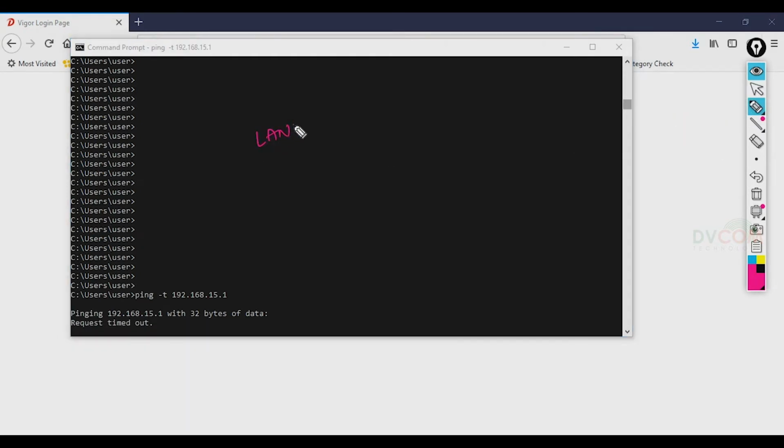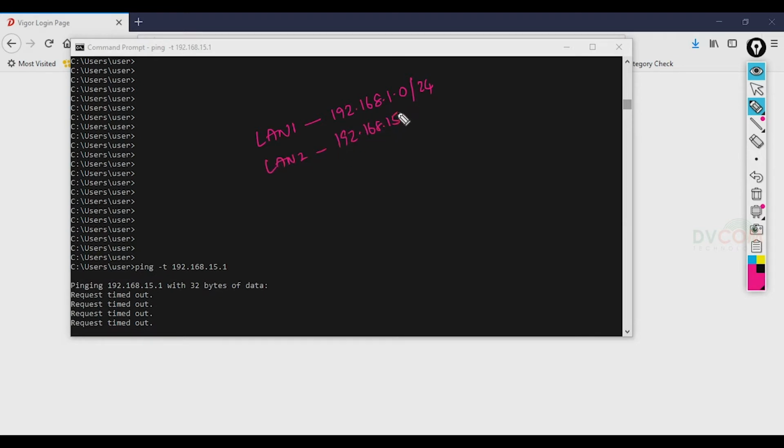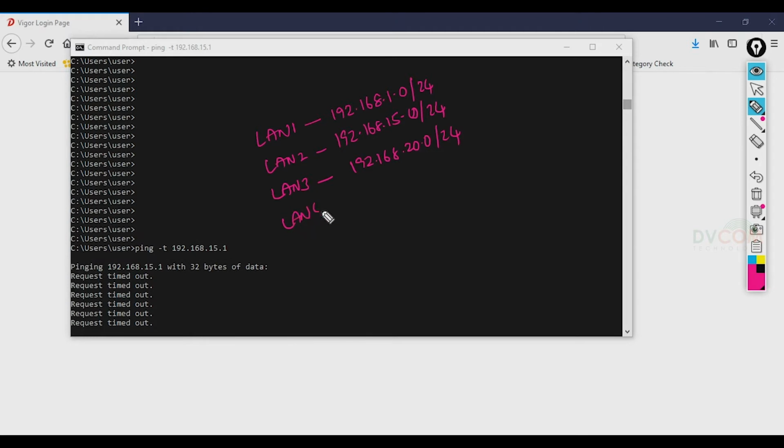The LAN 1 subnet we configured by default is 192.168.1.0, right? For the LAN 2 subnet we configured 192.168.15.0, for the LAN 3 subnet we configured 192.168.20.0, and for the LAN 4 subnet we configured 192.168.25.0/24, and port number 1